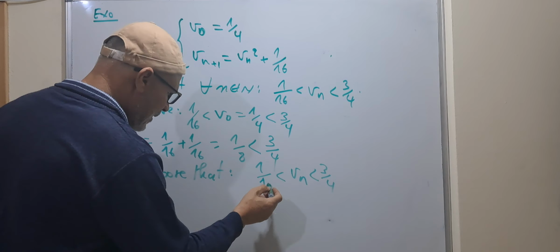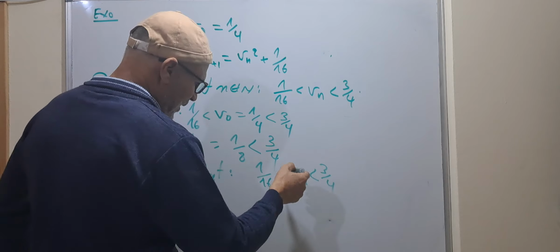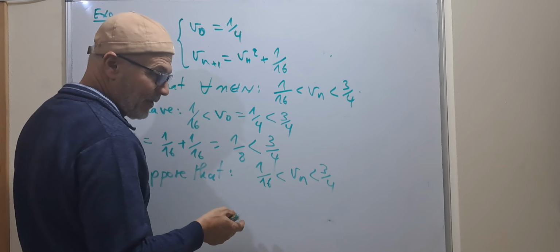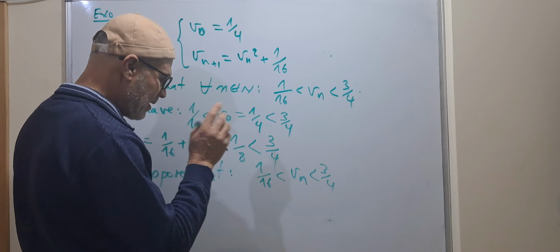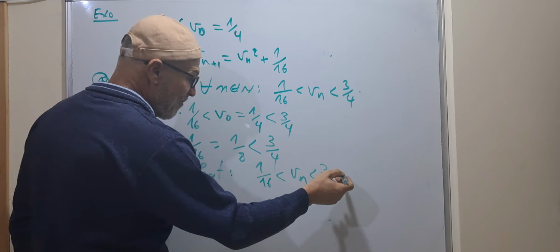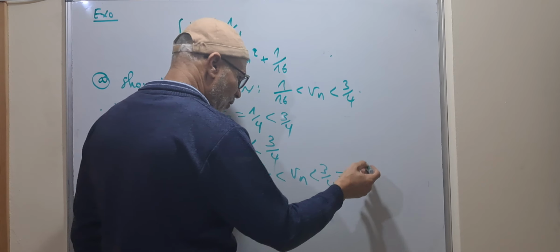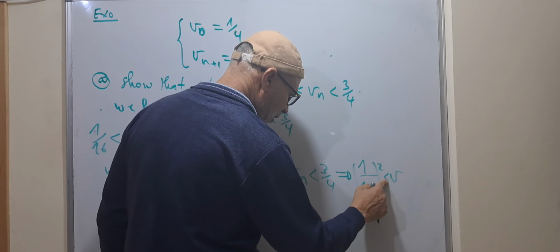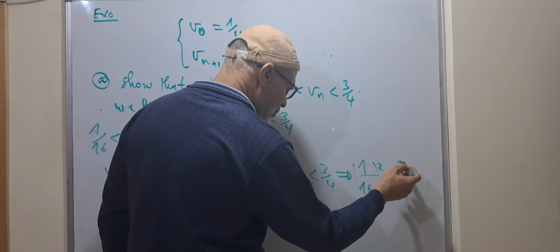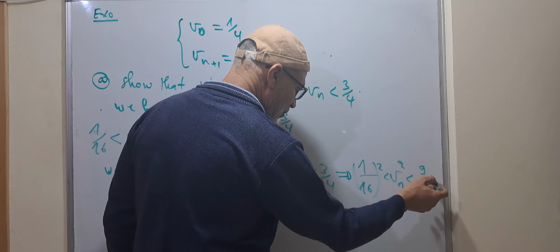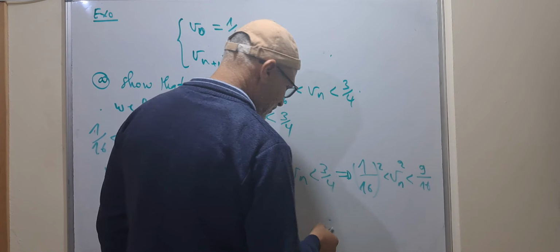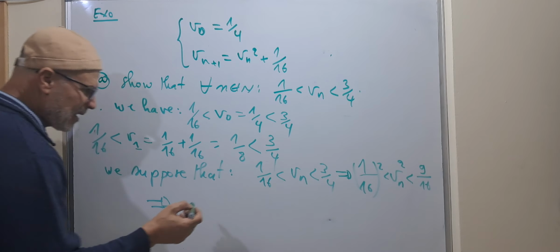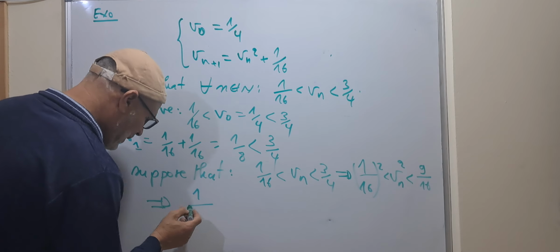As the square function on positive numbers is an increasing function, this implies that 1/16 square is strictly less than Vn square, strictly less than 9/16. This implies that 1/16